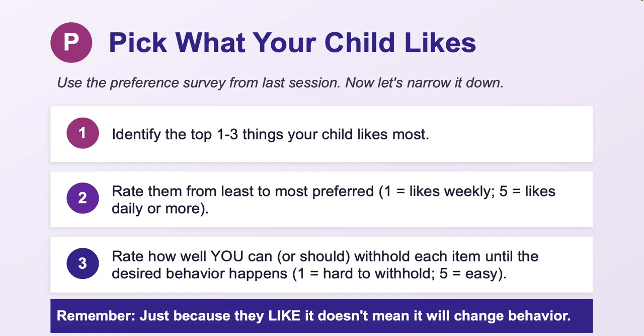And remember, just because they like an object or something or activity, person, whatever, doesn't mean that they will change their behavior for it, right? So what type of access does your child have to that? Is it okay that they have that level of access, and how do you work through that next?